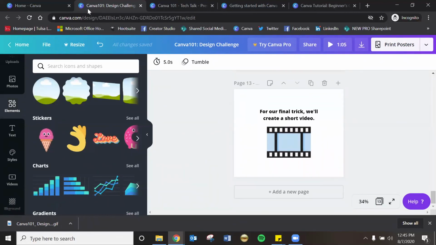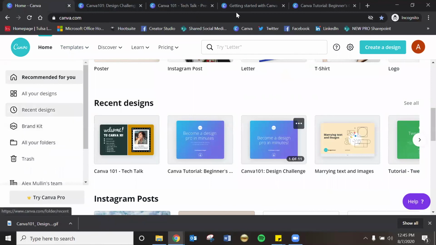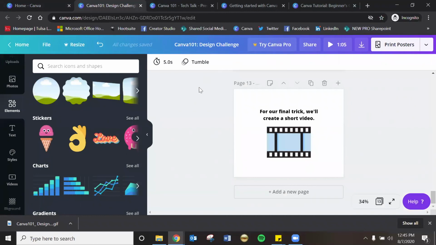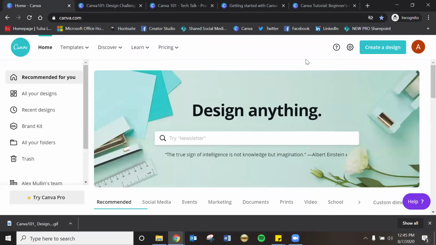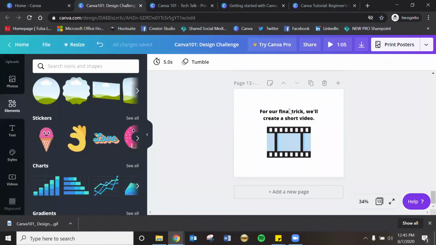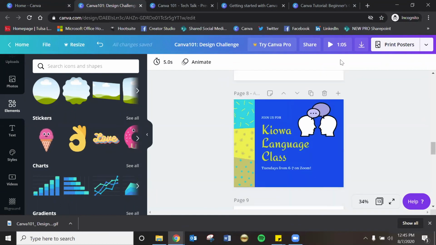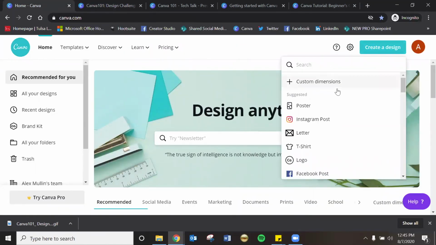And very quickly, let's explore videos because it can be pretty useful. Instead of continuing to work in this design layout, I'm just going to start from scratch, because anything in this design, if we were to turn this into a video, it would be more like a PowerPoint presentation. It's just going to play each slide for a couple of seconds. So I'm going to make an